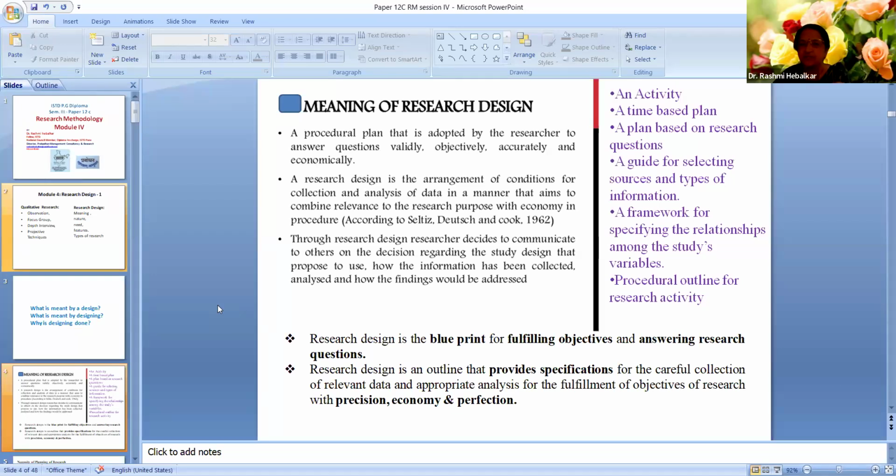So face-to-face interview, you need to travel, you need to spend time, and therefore here also cost is there. Then observation. People are to be observed. So your time as an observer, the sample's time, and days together, depending upon the objective, again time and cost is involved. So primary data cost.